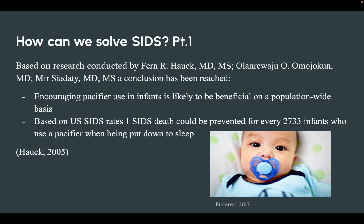So now that we know what it is, how can we solve SIDS? Based on research conducted, encouraging pacifier use in infants is likely to be beneficial on a population-wide basis. And based on the U.S. SIDS rates, one SIDS death could be prevented for every 2,733 infants who use a pacifier when being put down